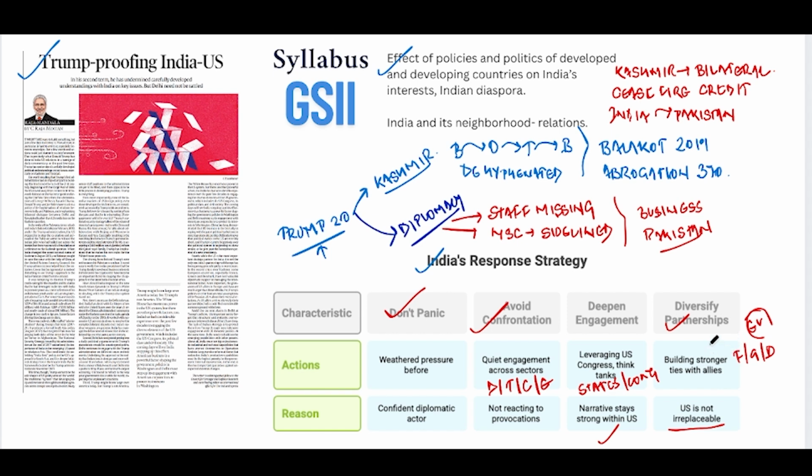And so, to sum it up, Trump's return to the White House has introduced fresh volatility in India-US relations. But India is no longer the reactive power it was once. With maturity, diversification and banking upon internal strength, India is positioned not just to manage the disruption but to emerge more resilient and confident.